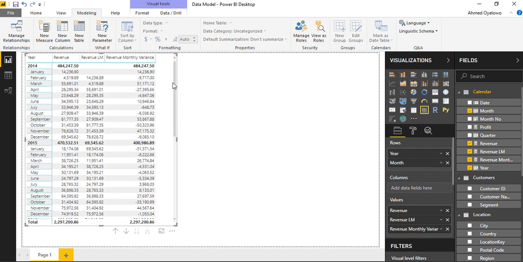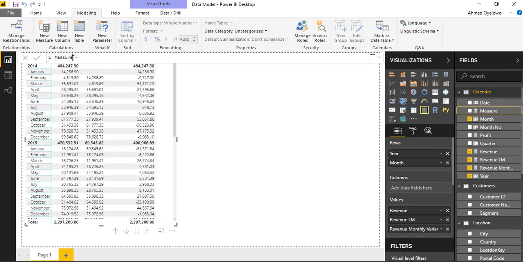But if I would like to show this as a percentage, obviously it's going to be this revenue monthly variance over the original revenue, or this revenue variance divided by the month revenue. So let's go do that. Do a new measure, and I'll call it revenue monthly variance percentage. So this is going to be equal to, I could say, revenue monthly variance divided by revenue,